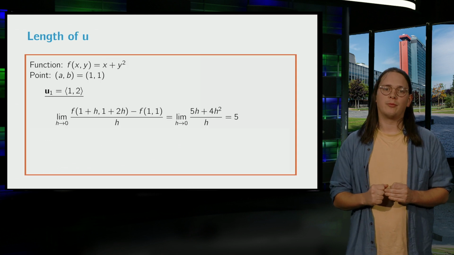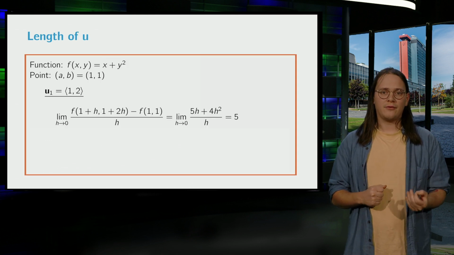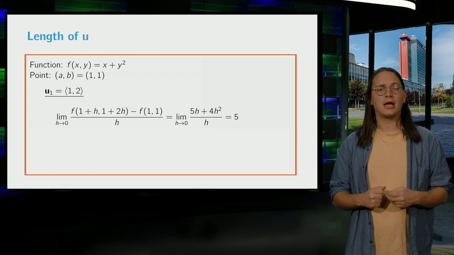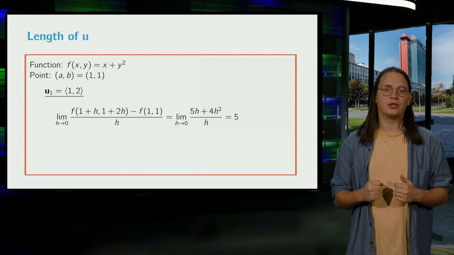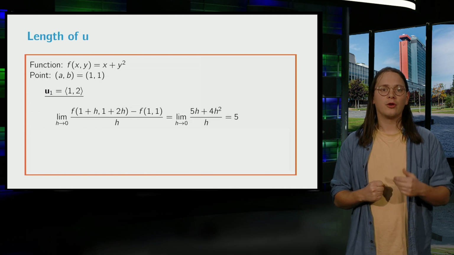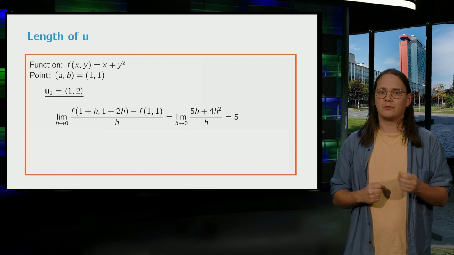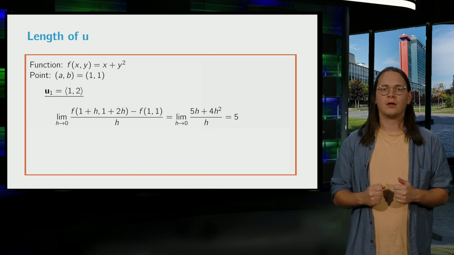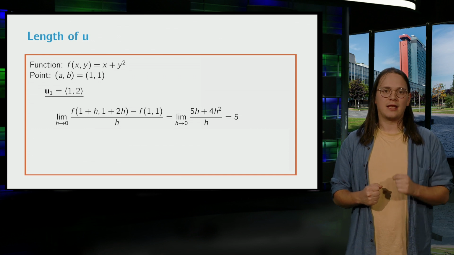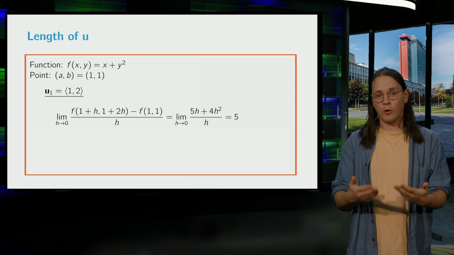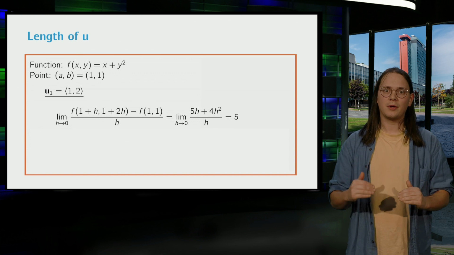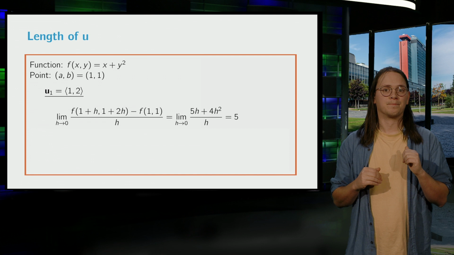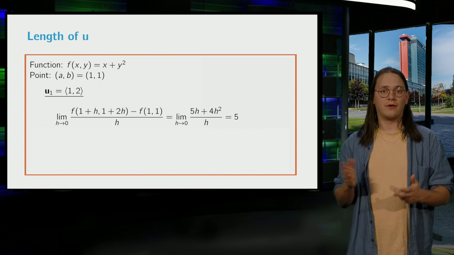Let's illustrate with an example. Here we see a function f to differentiate, a direction u1 in which to differentiate, and a point (a, b) at which to differentiate. Later on, we will not really use the limit definition to compute, however, in this simple example it will suffice. We consider the limit as step size h goes to 0 of the quotient, which has the step size in the denominator, and the difference in function value in the u1 direction in the numerator. In this case, we find the value 5.